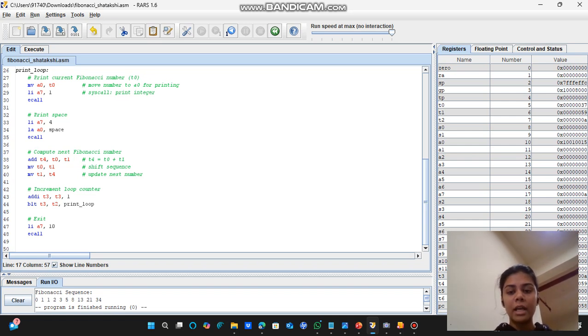For example, the add instruction is used to calculate the next Fibonacci number by adding the previous ones. Then data movement instructions like LI, load immediate, MV, move, and LA, load address, are used to transfer data between registers and memory.